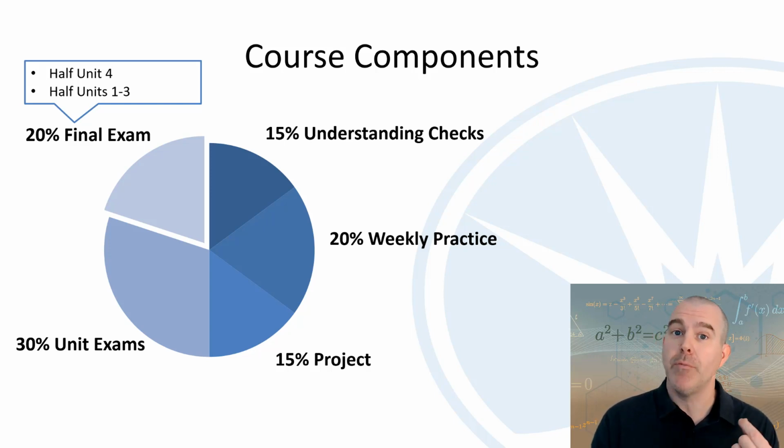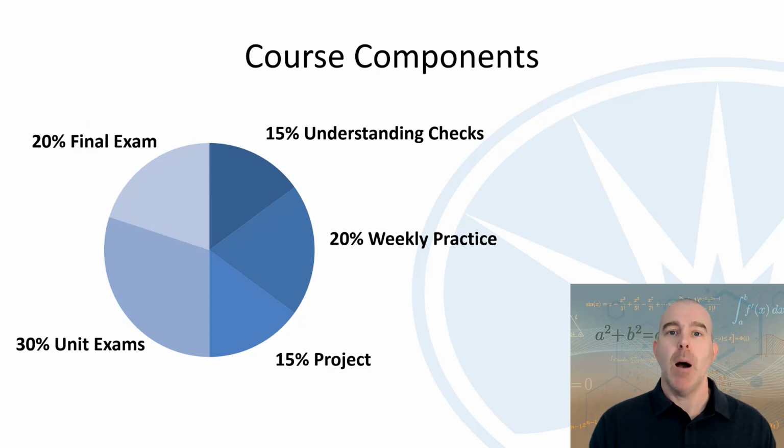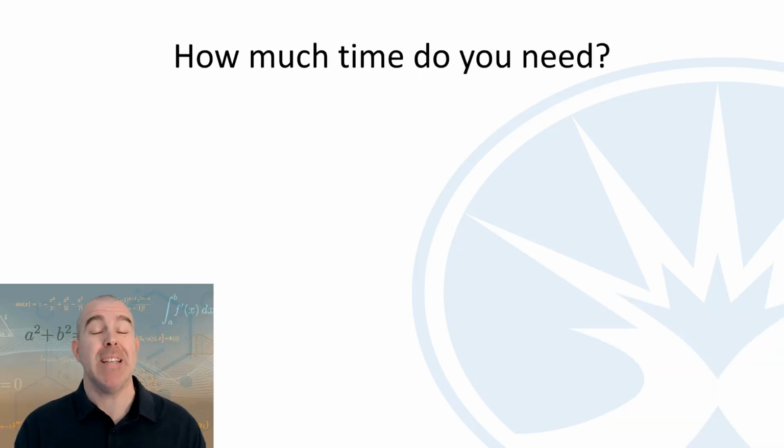Then there's a cumulative portion that's another 10% of your grade. Couple of other things. Time. Time is an issue for online asynchronous classes like ours where you don't have to meet. There's no regular class meeting to keep you on schedule. And so thinking about how much time you need to have and where you need to get that in your schedule is really important.